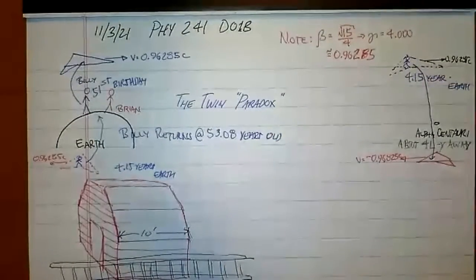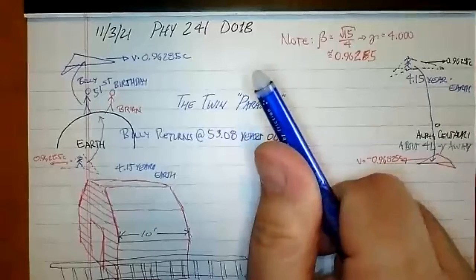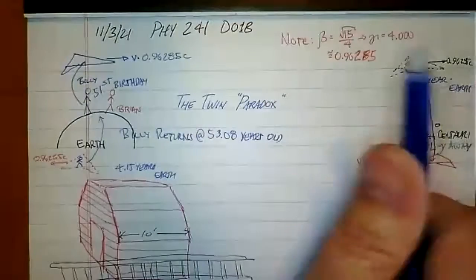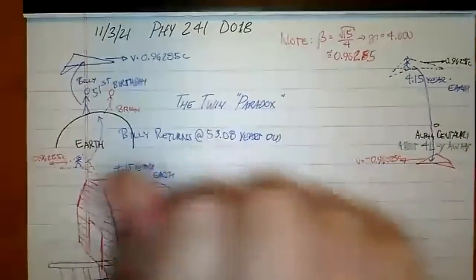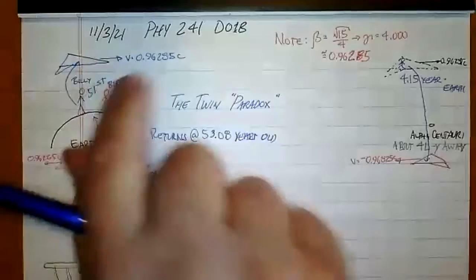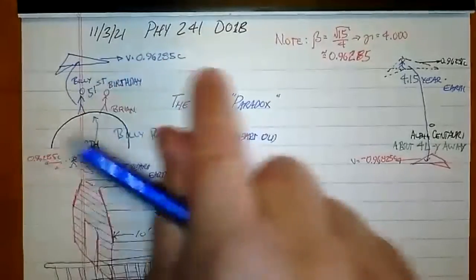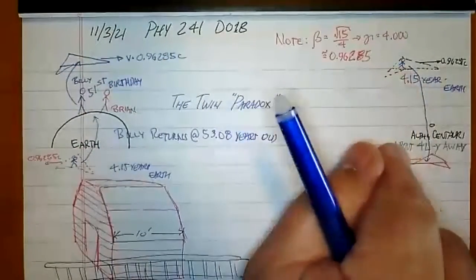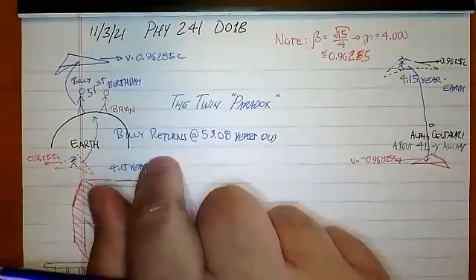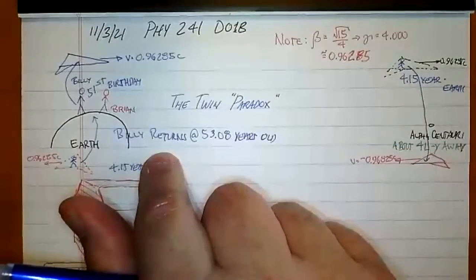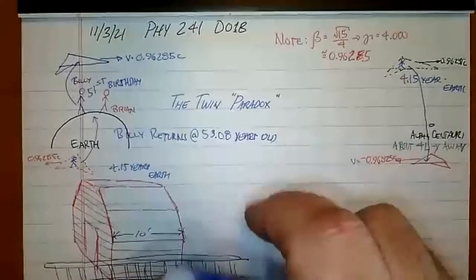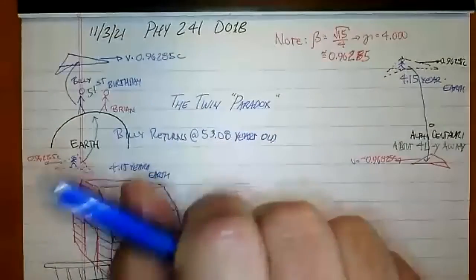Now, this is where Time Life books and various other things screw up. They think that's the paradox. Okay, that two twins have a different age. No, that's actual fact. That's just fact. If I did that, if I flew on a spacecraft at 96.285% of the speed of light, flew all the way to Alpha Centauri and then teleported onto another spacecraft and flew all the way back, I would be only 53.08 or 2.08 years older. Whereas my brother,